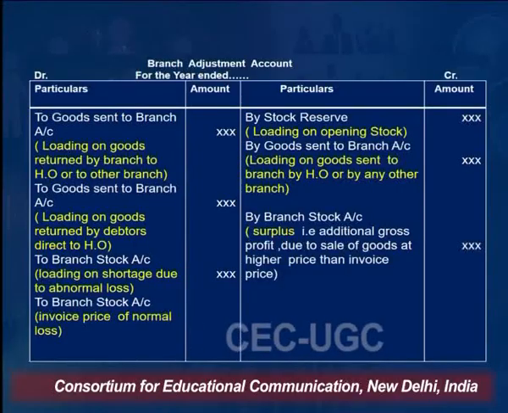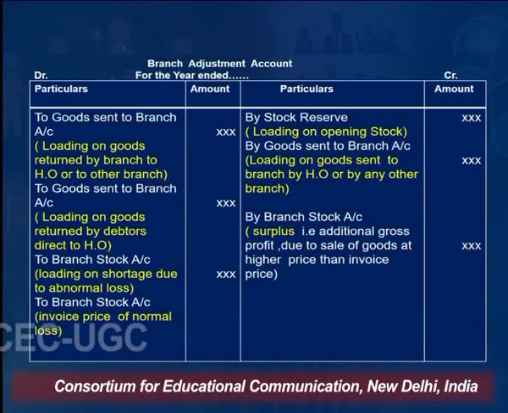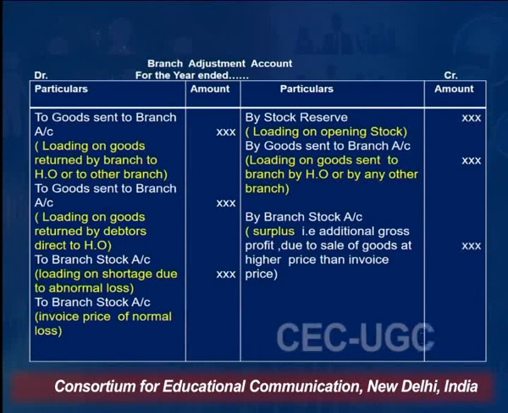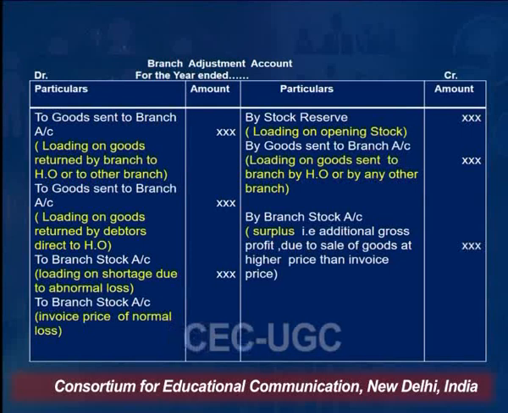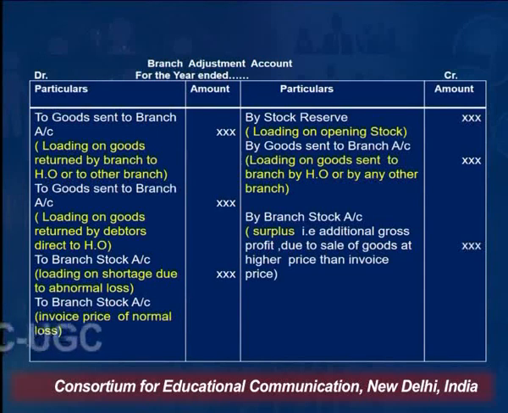So the next item on the debit side, as you can see, is goods sent to branch. These are the goods which are shown in the branch stock account, that is goods returned by the branch to the head office. And obviously whenever we talk about goods, whether it is opening stock, closing stock, goods sent to the branch, or goods returned by the branch, these items include the loading part, and loading has to be eliminated. For that we have prepared a separate account, and the name of that account is branch adjustment account,